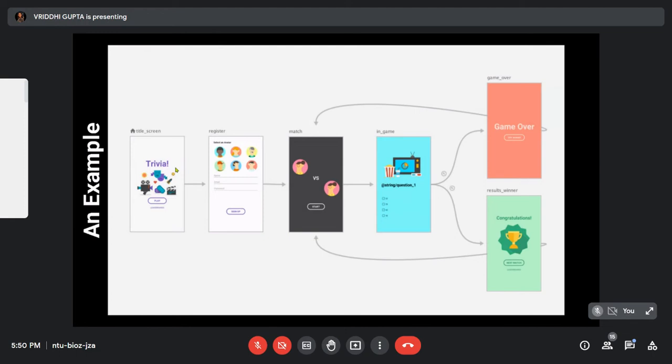As you can see, there is a title screen, there is a register screen, and then after that the match begins. Okay, and then the question fragment comes, and after that the game over. After you answer a question, and if it is wrong, then your game gets over, and if it is right, you win. Right. So this is how a navigation graph looks.